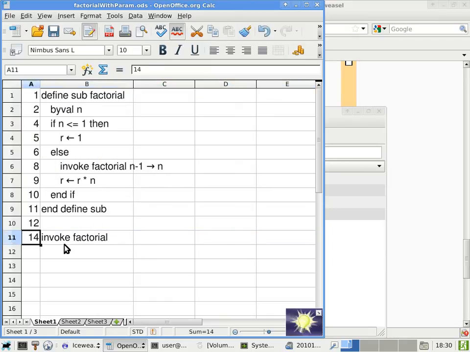This n is now gone. Okay, so that's the facelift that I have to do in order to change the factorial program to utilize by